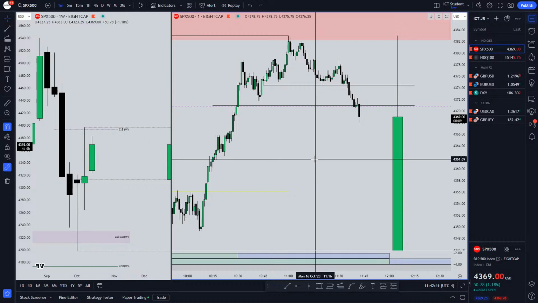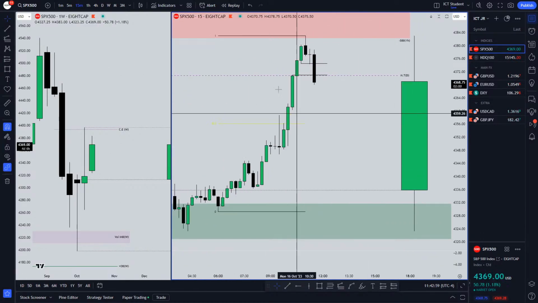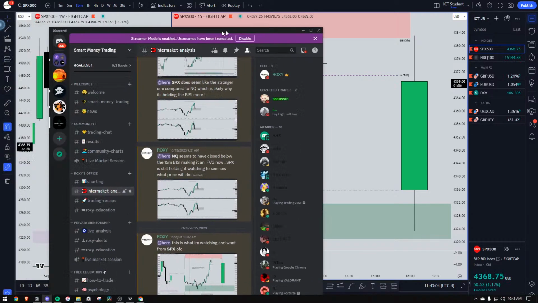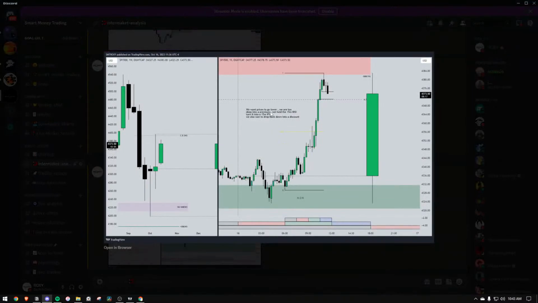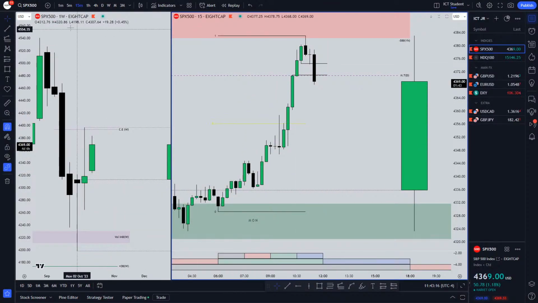So this is what I'm expecting from the market. This is what I'm trying to anticipate, I should say. Basically, if we go to the 15-minute time frame, you can see I just alerted this on the Discord. If you don't believe me, let me just show you real quick. As you can see, we want lower prices to go lower. We are too deep into premium. We now hold the 15-minute buy side and balance here into a 15-minute inverse. We want to drop back down into a discount around here. So that's kind of what I'm trying to anticipate.